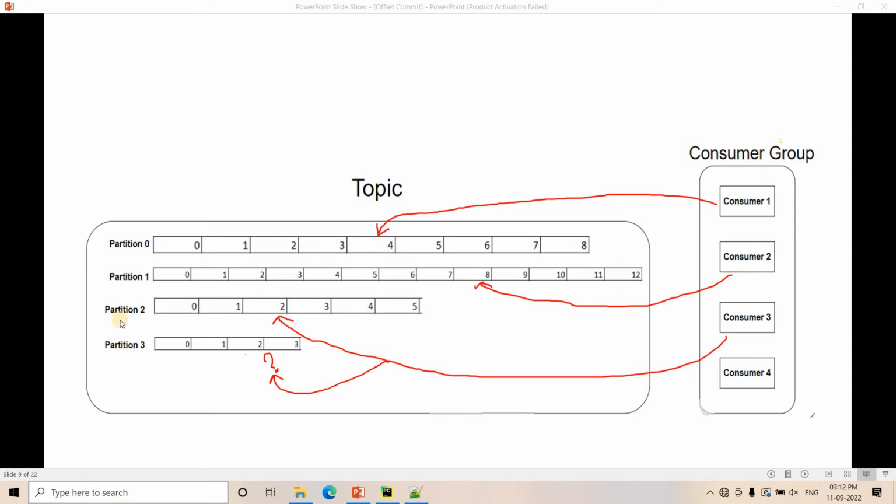Partition 2 anyway, it was earlier also consuming. Now partition 3, which our consumer 4 was consuming, because consumer 4 is down, so consumer 3 got the responsibility. Okay. Now when consumer 3 will try to consume the messages from partition 3, it needs to know from where